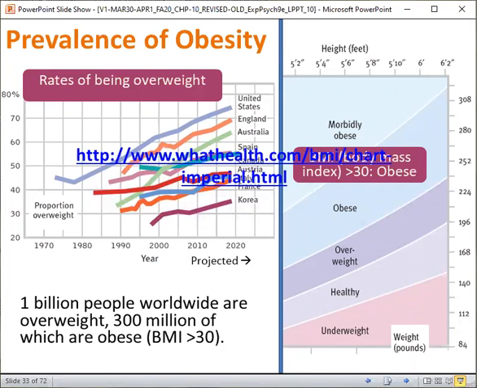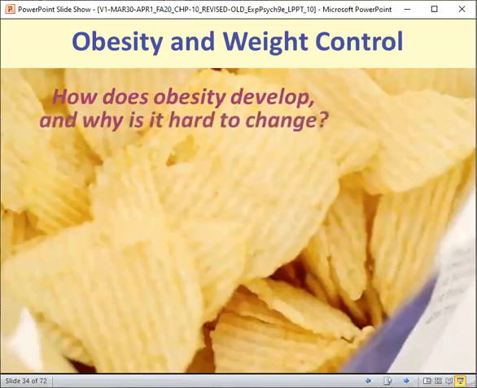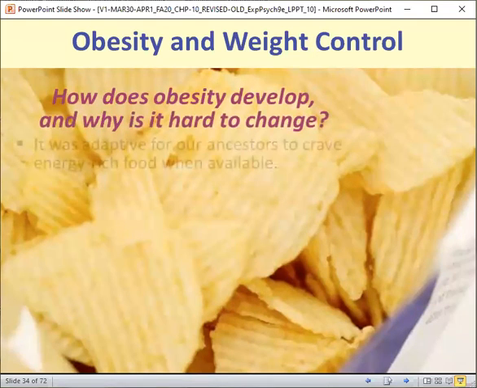Okay. All right. So obesity and weight control. How does obesity develop and why is it hard to change? All right. First,